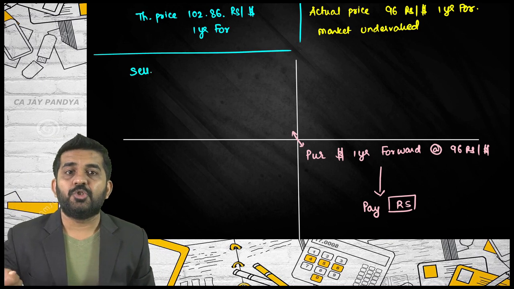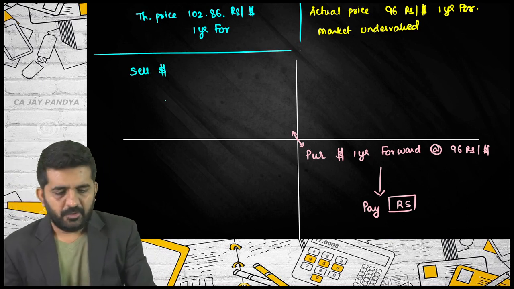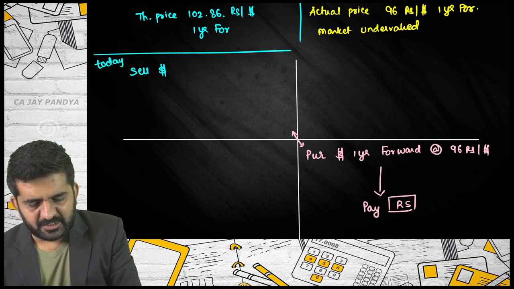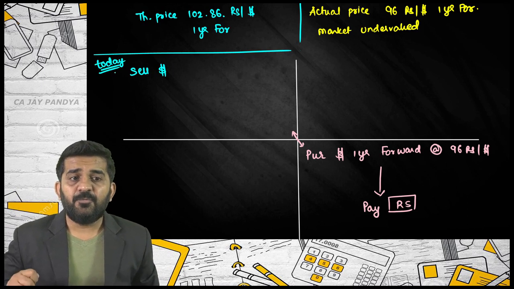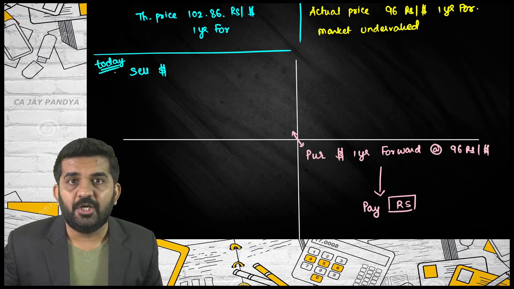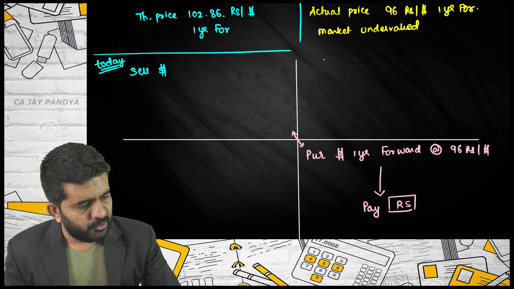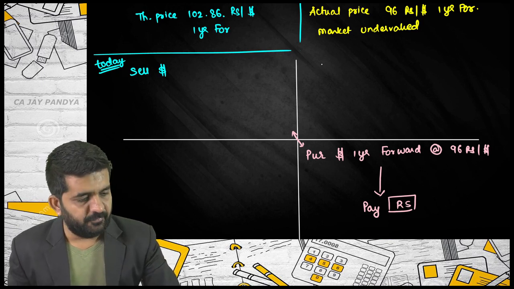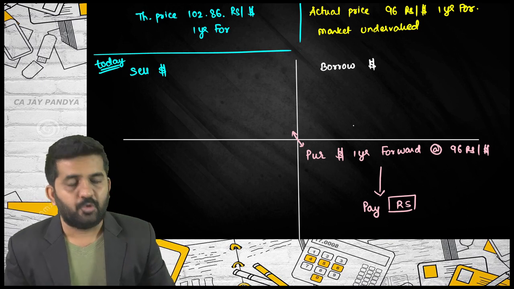Then here you should be selling dollar as far as today is concerned. That's correct. If you want to sell dollar, you will have to have dollar. So you should be having dollar. You cannot have dollar in India. So what you will be doing? You will be borrowing dollar